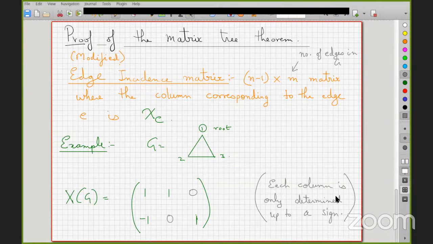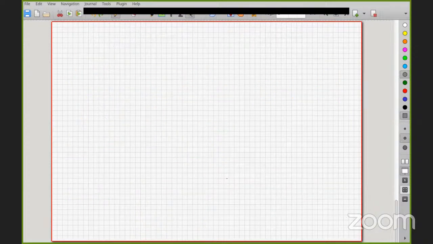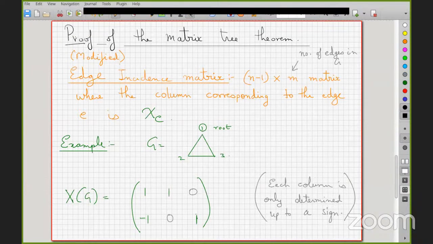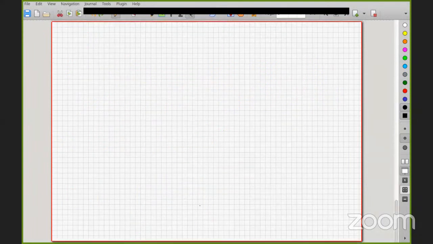Okay, so each column is only determined up to this sign. So yes, I can arbitrarily change the signs. Of course, the matrix changes, but what doesn't change is the matrix for which you want to take a determinant. So what is that? So then the observation. Sorry, what did you say is not determined up to a sign? What I'm saying is that I can arbitrarily change the signs of each column, and it wouldn't matter for what I'm going to do next. Okay. Yeah. So the observation